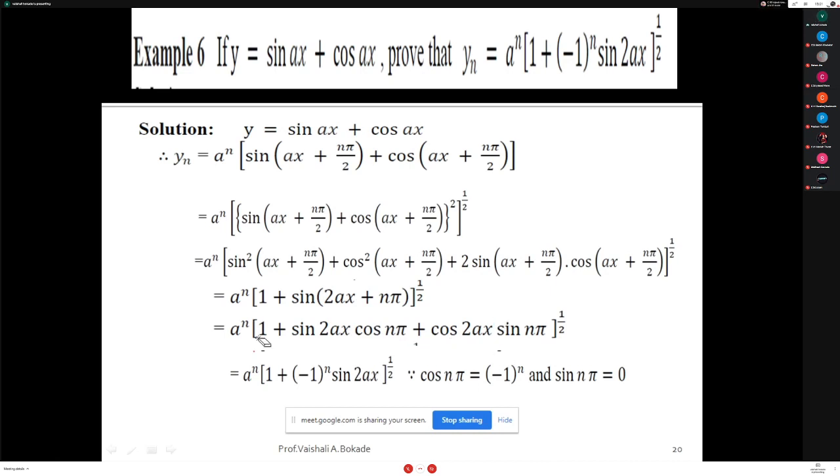And remember that after applying this formula, I'll stop there and just substitute. We know that sine 0 is 0, sine pi is 0, sine 2 pi is 0, sine 3 pi is 0, that is sine n pi is equal to 0. Remember, we require this always. Sine n pi is equal to 0, cos n pi is equal to minus 1 raised to n. Depending on n, you are having plus 1 or minus 1. That is what I'm substituting here. As sine n pi is 0, this third term becomes 0 and we get the required statement.